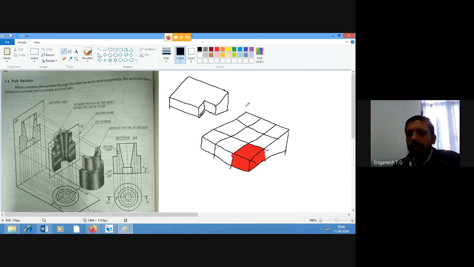Yes or no? Correct. It's going to appear like this. Correct?